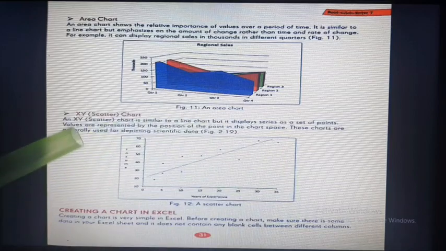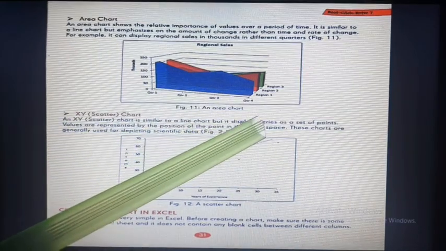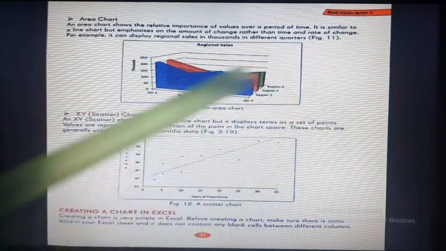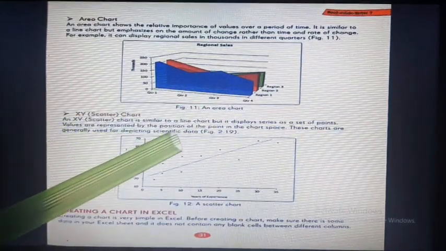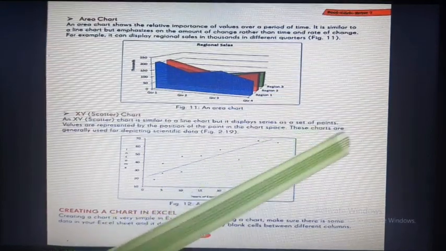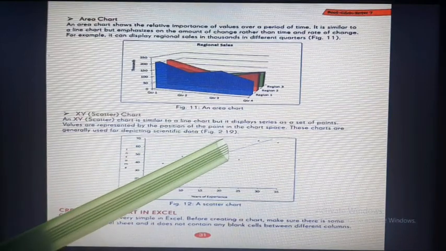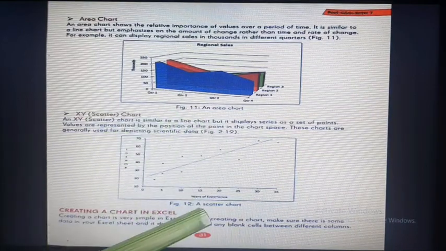An XY scatter chart is similar to a line chart, but it displays series as a set of points. Values are represented by the position of the point in the chart space. These charts are generally used for depicting scientific data, and as it is shown in figure